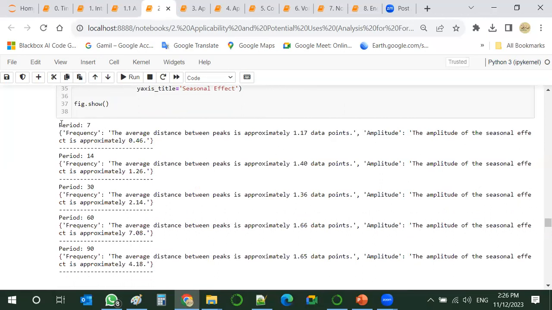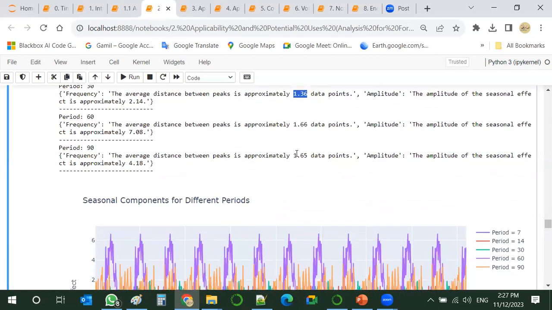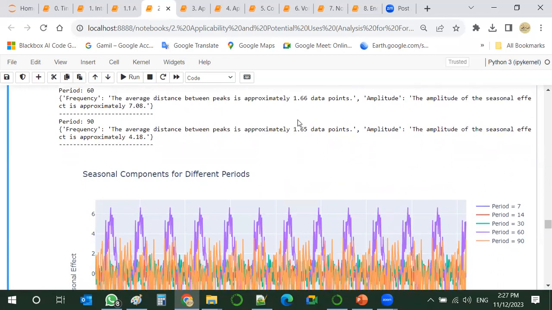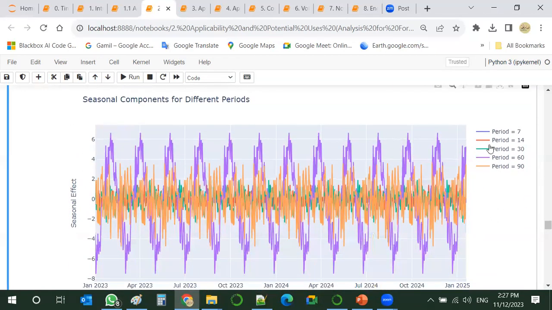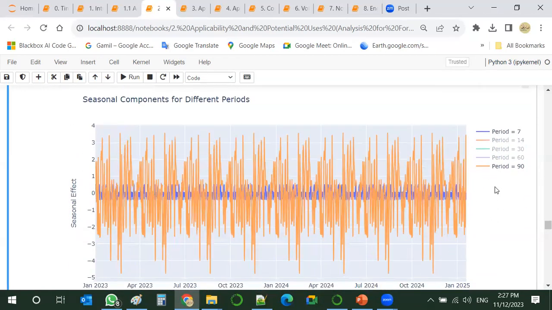Whenever we go by 7 days, the distance between peaks is 1.2. If we increase the window, it goes to 1.4, 1.36, 1.6, and it tends to stabilize. But let's see the difference one by one over here.